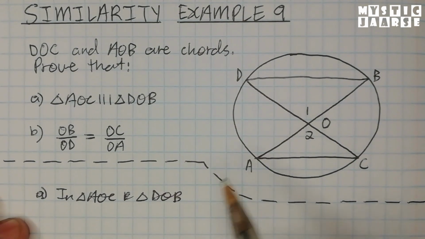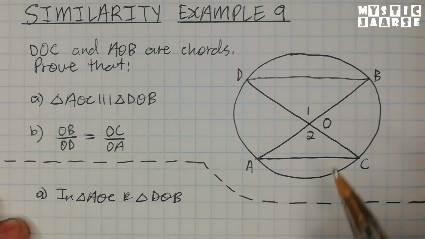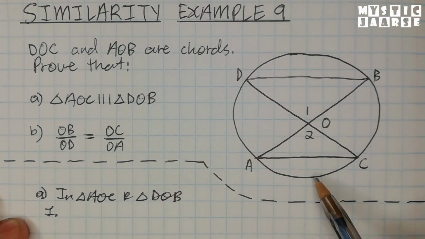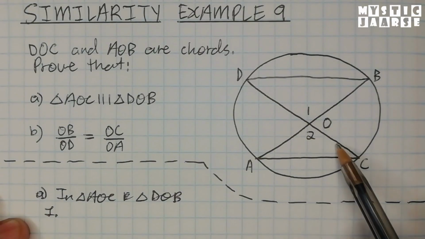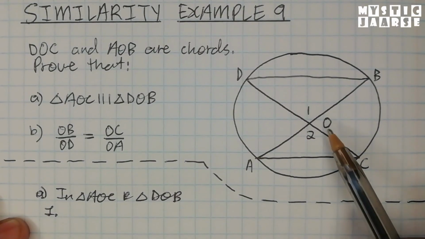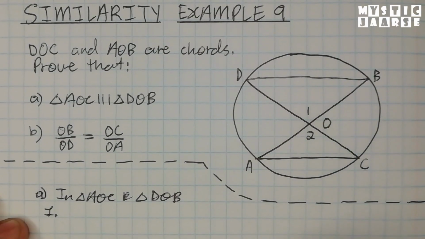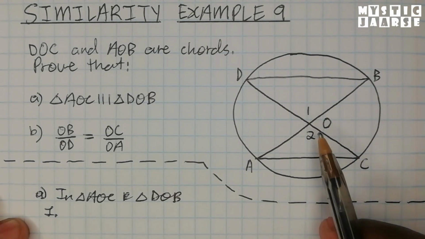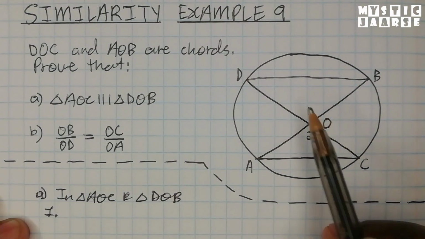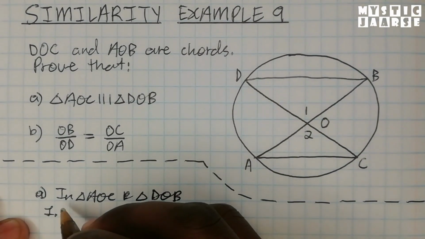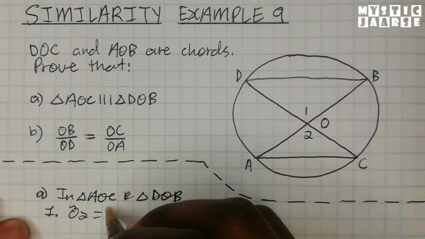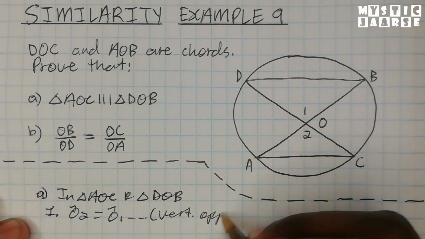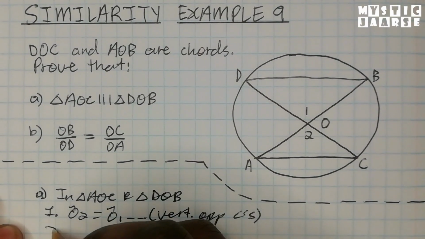Now we need to find those 3 corresponding angles from each triangle. Let's see. When I look at my diagram, since this is a cross, angle O2 is equal to angle O1, meaning from triangle AOC, angle O2 is equal to angle O1 of triangle DOB. So we say angle O2 is equal to angle O1. Why? Because they are vertically opposite angles. The second reason,